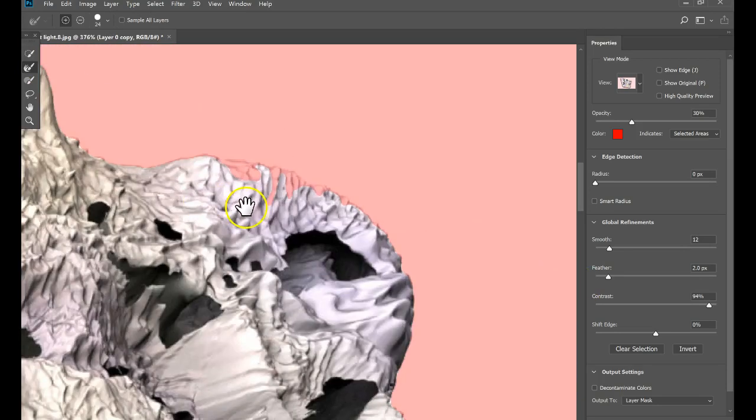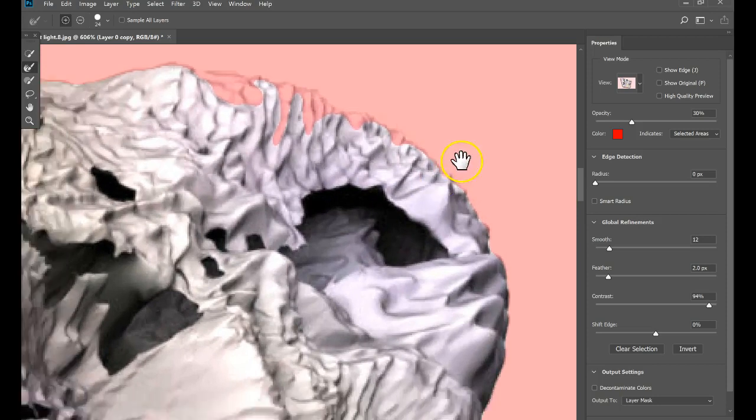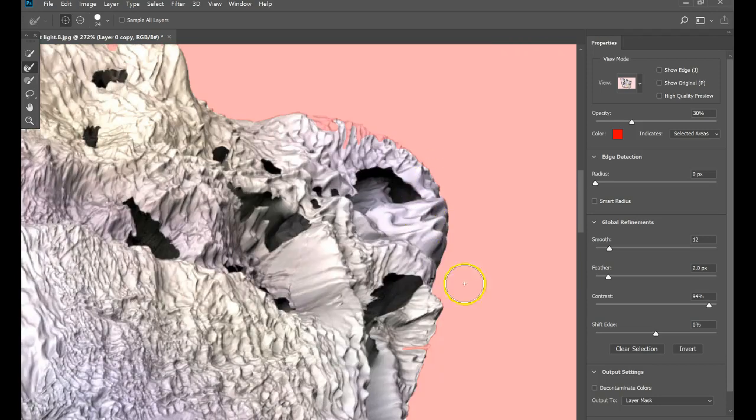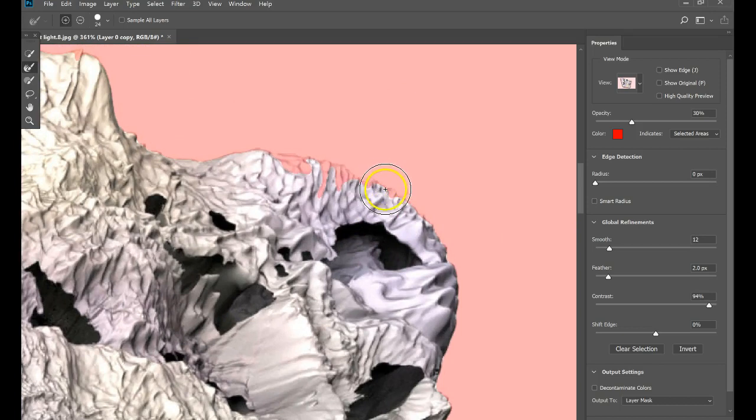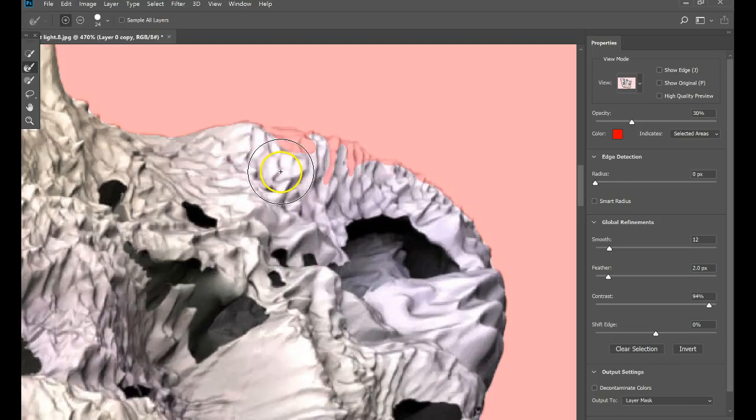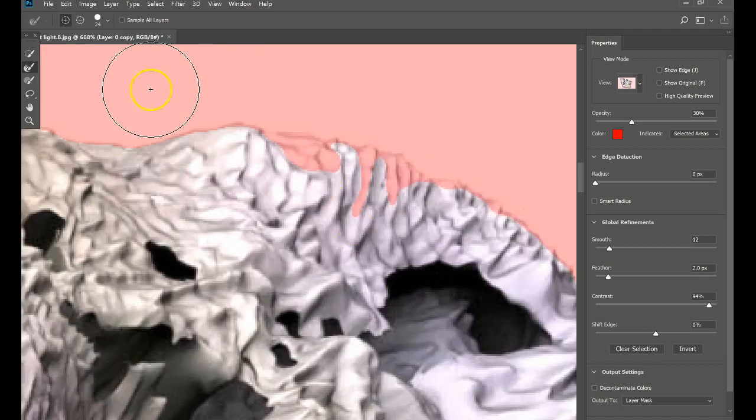So let's go over here. This area might be a nice one for it to play with. And you've got to play with your sliders as well. Okay, so that did a little bit. But in this case, I think the best tool for the job is the lasso